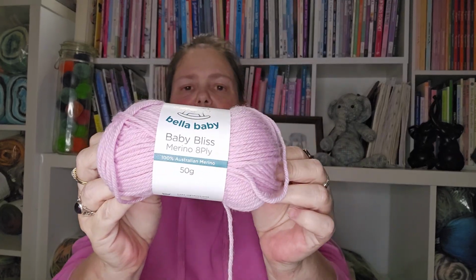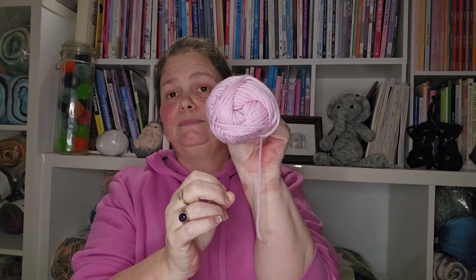So in my stash, I had this Bella Baby Bliss Merino 8-ply. And the colour is pink. I'm going to do my cuffs in this pink, and then put buttons on to match, because it is for a baby girl. And then I'm going to make a hat, probably this hat,